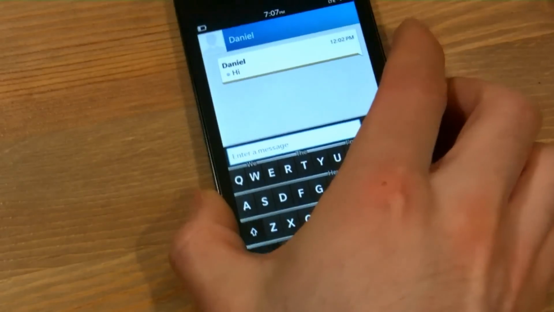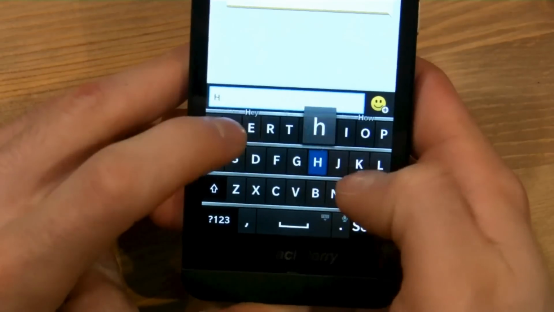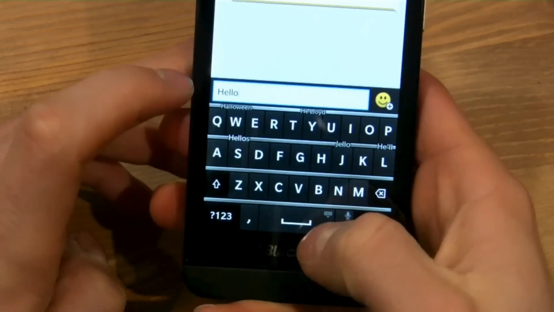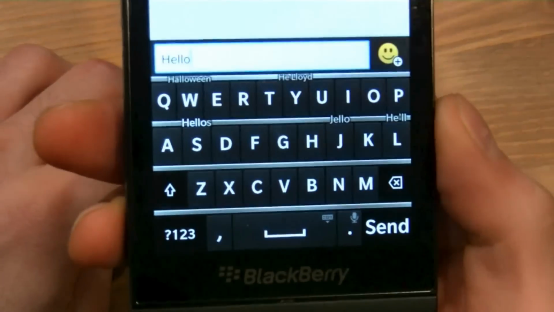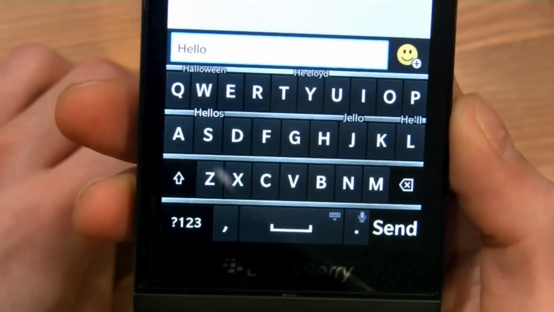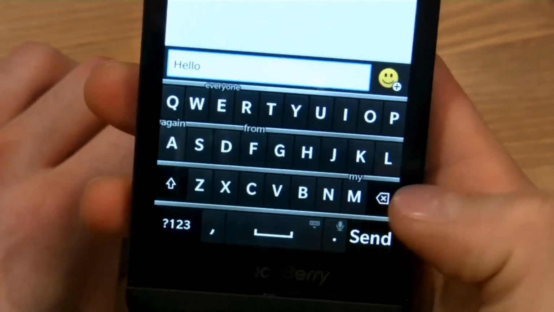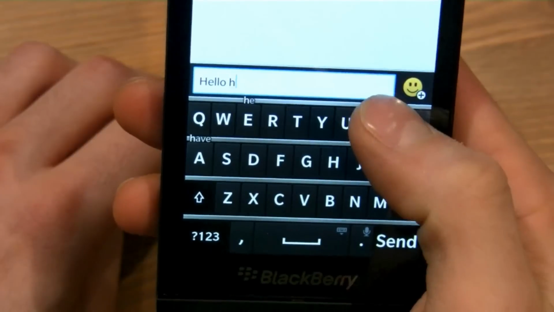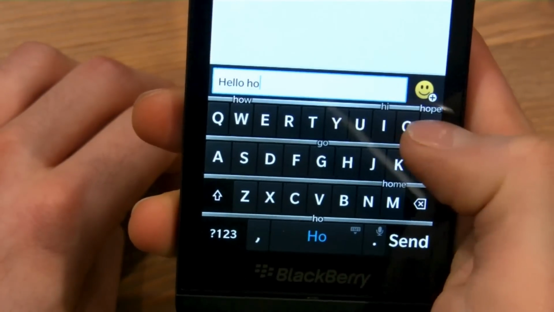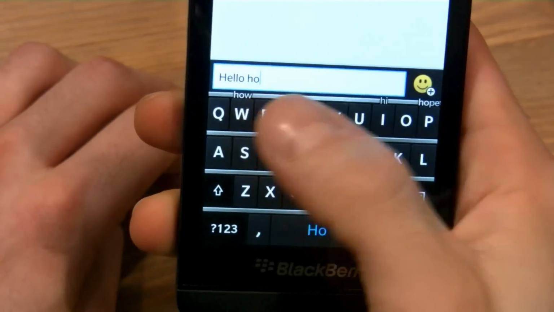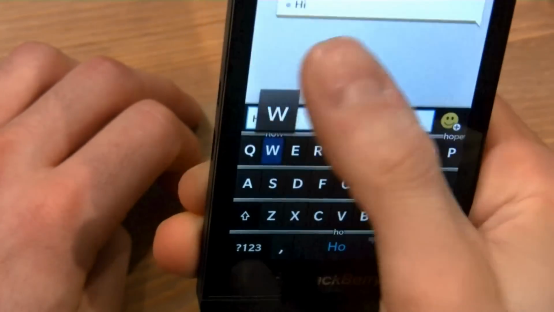And you can see here when I'm typing, for example, I'm typing in hello, and that's going to come up over here. And then there are a few other words that are suggested, so I can type in how, and then it'll show me a couple words that can end that combination. So I'm just going to swipe up how